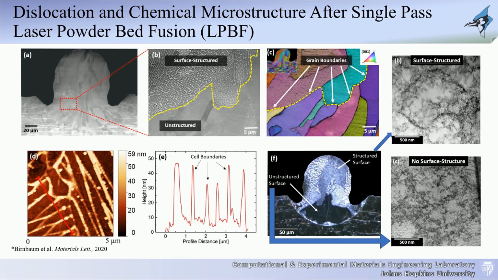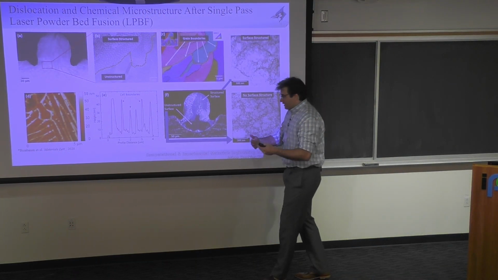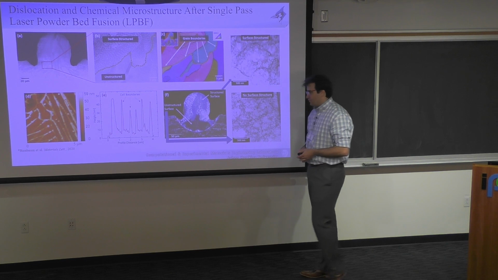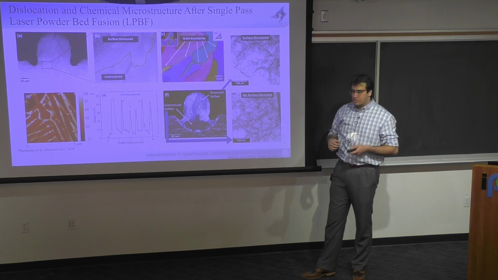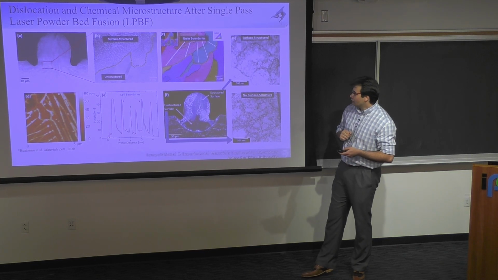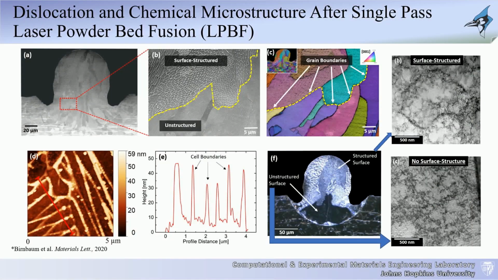It actually extends down a little bit down here. And then again, they did a lot of different studies trying to characterize what is happening. And again, they see these very similar cellular structures that align quite nicely with these chemical segregations. So it happens regardless of the number of passes. But what people have been reporting is that the more deposition you do, the more thermal cyclic behavior the material is going to experience, and the clearer these cell walls are going to form. These high dislocation density regions forming cells are going to be much more clear. You can see here, they're much more well defined as compared to this experiment with a single pass.